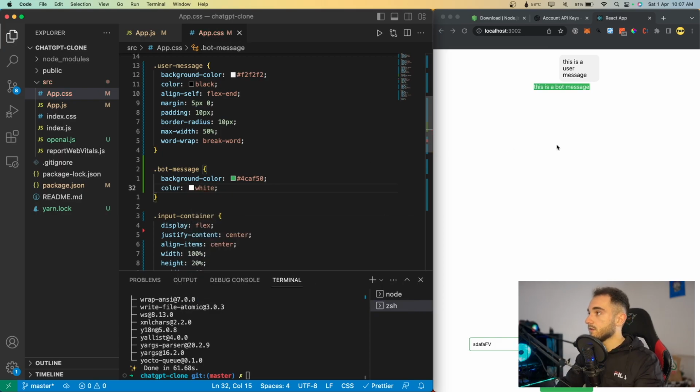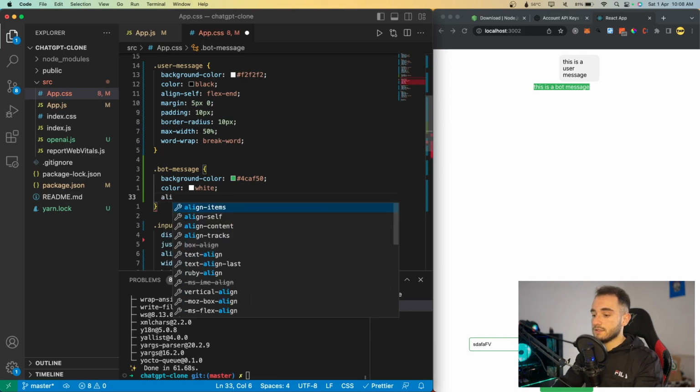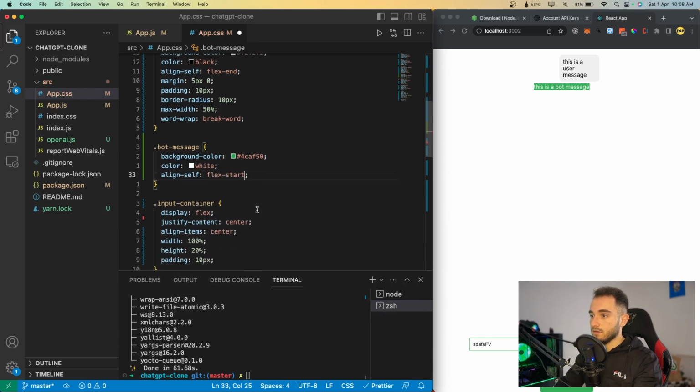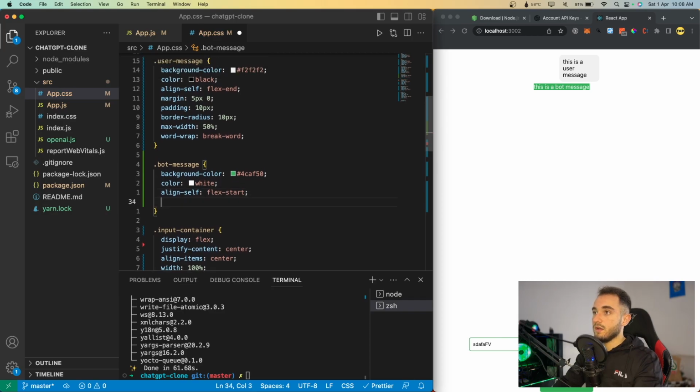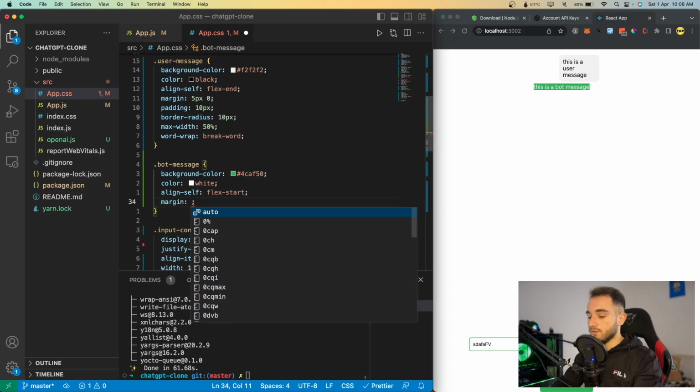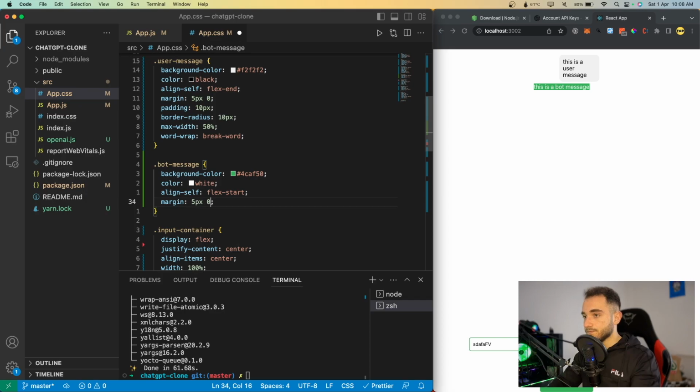And if you save it, you're going to see the bot message, and then we want align-self flex-start. It's going to be almost like the user message. And then margin is going to be 5px 0. And also the padding